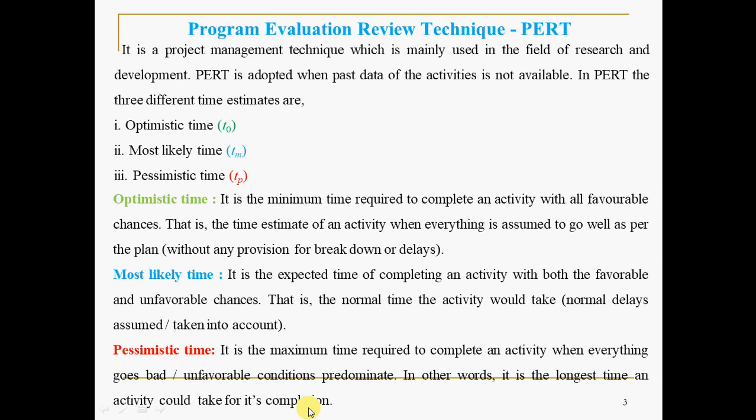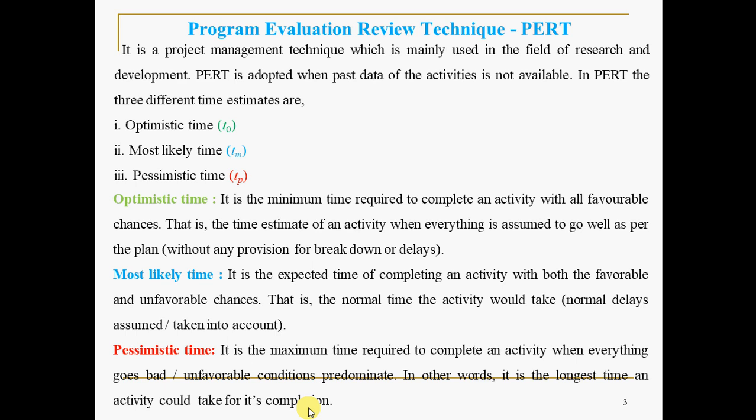So now let us take an example. Optimistic. Assume that to reach an airport or a railway station, you require exactly 2 hours. But normally you will start early, no? So if the duration is 2 hours, and you exactly reach in 2 hours, that is optimistic time, we can say. I mean, it is happening as per your wish.